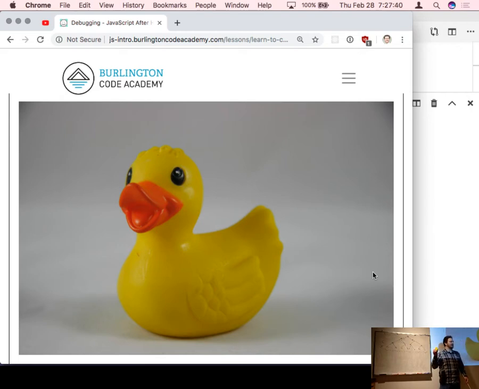This is my plastic duck. This isn't actually rubber. I can't squeak this duck. And it might not float. I don't know. This is a 3D printed duck that one of our TAs made for us in the past, which was very nice. But it's all about the